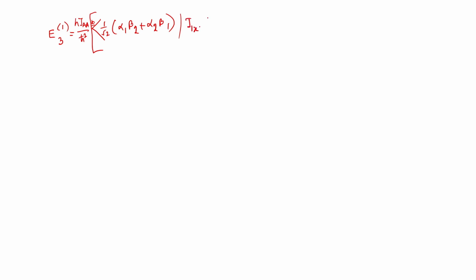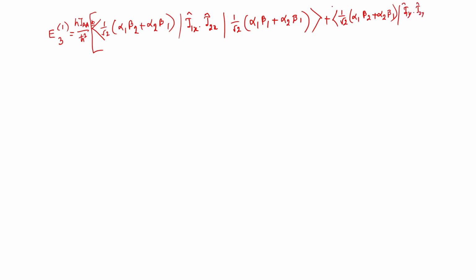That is why I am doing 1 by root 2 alpha 1 beta 2 plus alpha 2 beta 1, right? This is the first bracket. Then we will have 1 by root 2 alpha 1 beta 2 plus alpha 2 beta 1, then I1y I2y,